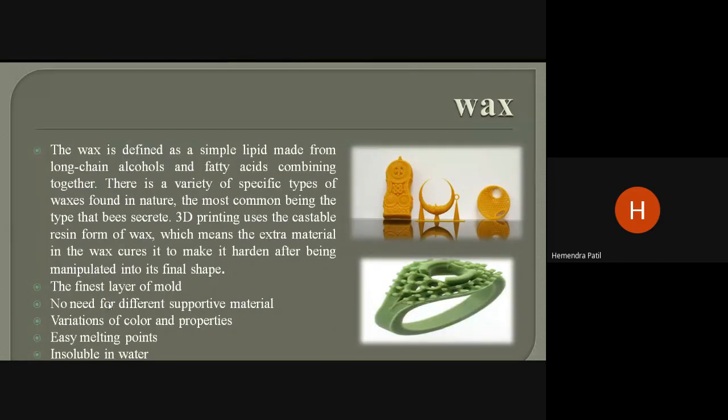Next part here is the wax. Before coming to the wax, I will say some biomaterials are also there, which are being used today for research purposes. I have not included them in my slides. Bioprinters print with the cells and biomaterials, creating organ-like structures that let living cells multiply. And this is all about research, and it is not available in the market.